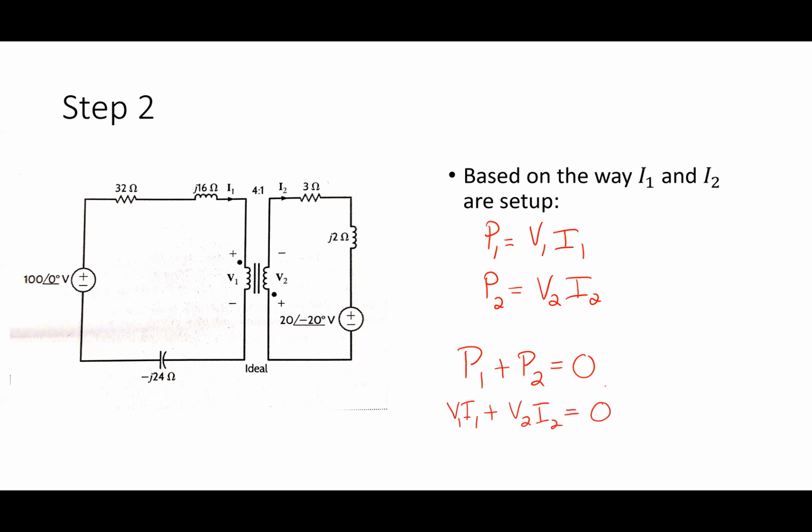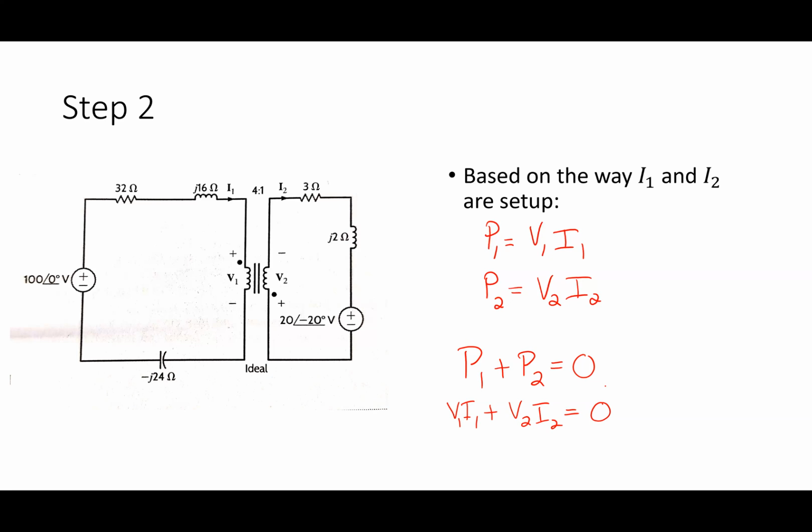Do transformers only work with two windings, or could you have a transformer with more? I can have a whole ton of windings, yeah. That's always possible, so the summation of the power of all the windings would be zero. But we're not going to deal with problems like that here. In fact, there are three-phase transformers. You get those all the time, but we're not going to touch that.